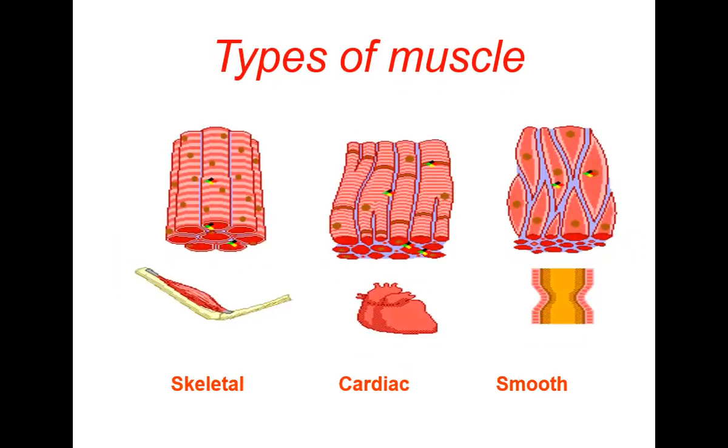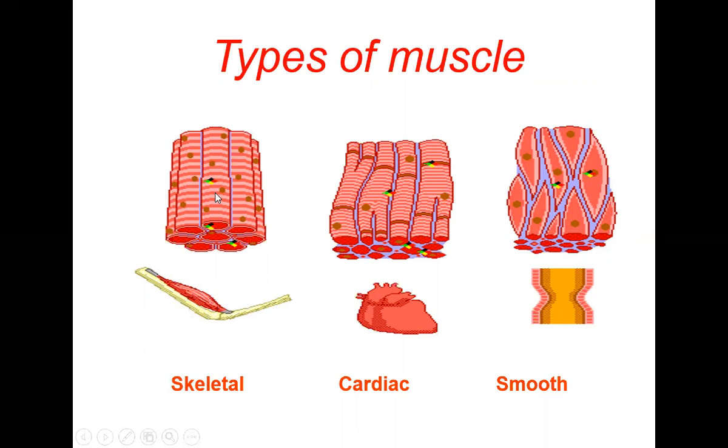Now we'll see what are the types of muscles. There are different types of muscles, so you should know. So even though the muscles do all these functions, there are three different types. One is called the skeletal muscle. Skeletal means, as we have seen, the skeleton, which is made up of bones. So the muscles which are attached to the skeleton are called skeletal muscles. This is attached to the skeleton, so they are called skeletal muscles.